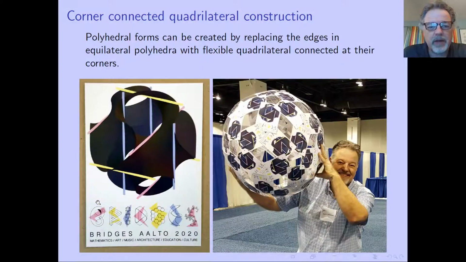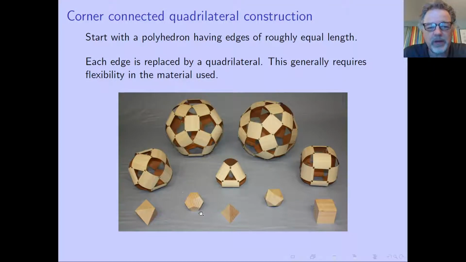So this work builds on work that I've done for the last few years involving constructing objects starting with a polyhedron and replacing the edges in that polyhedron with some kind of square or two-dimensional piece of some kind. Here I'm holding a roughly spherical object where I've replaced the edges of an icosidodecahedron with these Bridges 2020 postcards. So to explain this process in a little more detail, I want to start with these Platonic